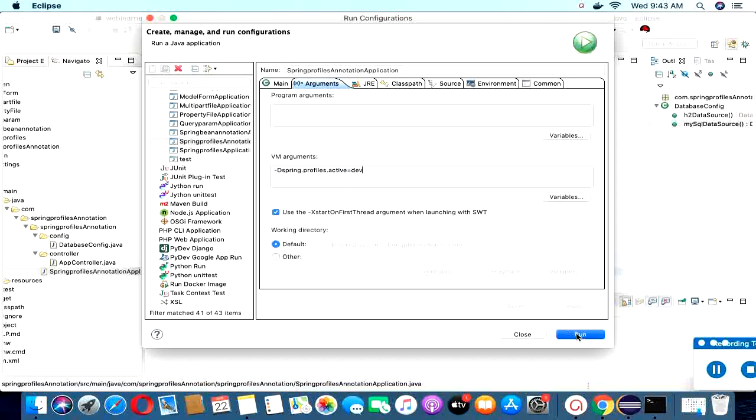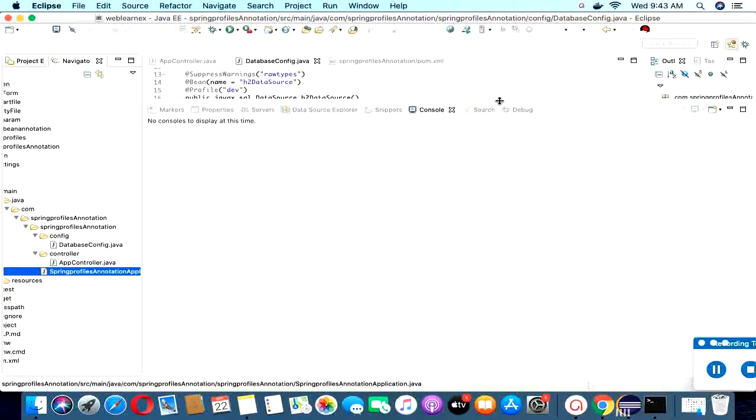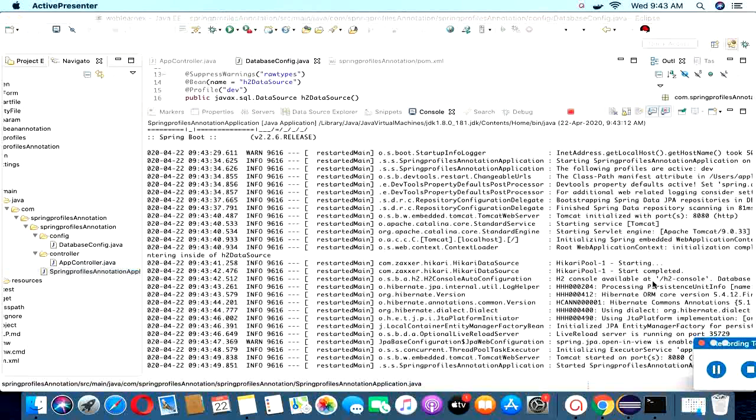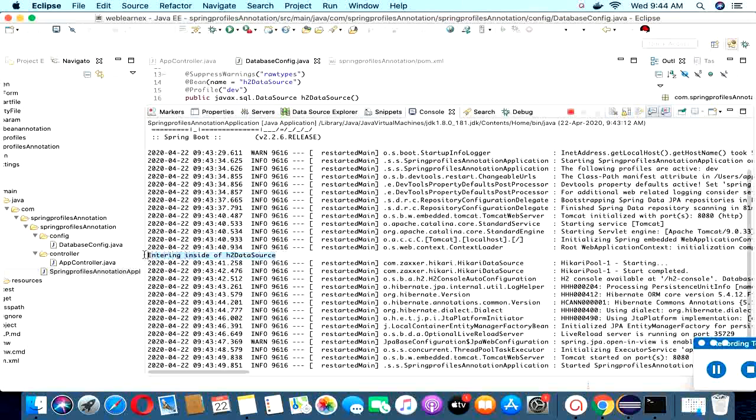Let me run it. Deployment is done. You can observe here the default environment is now the dev environment, and this is the default message I have passed in my code.